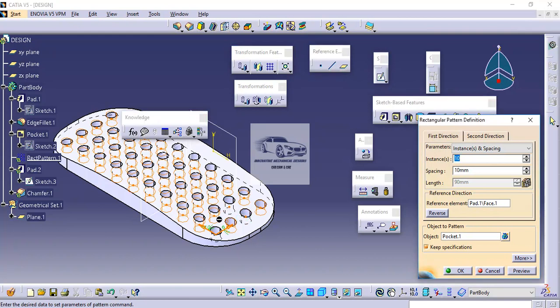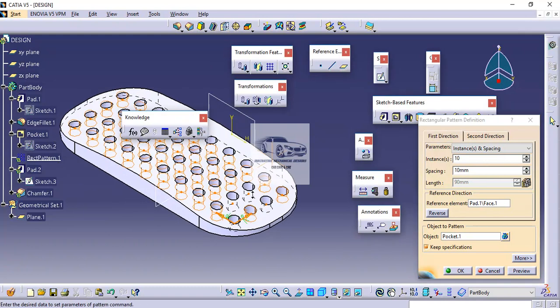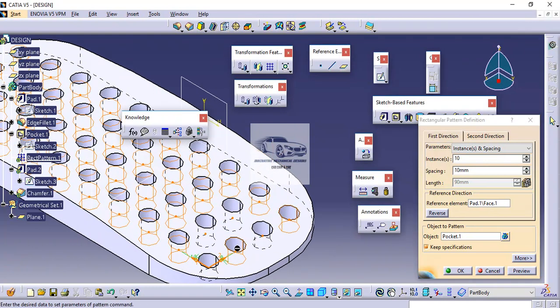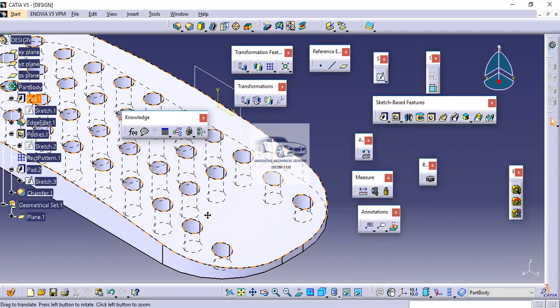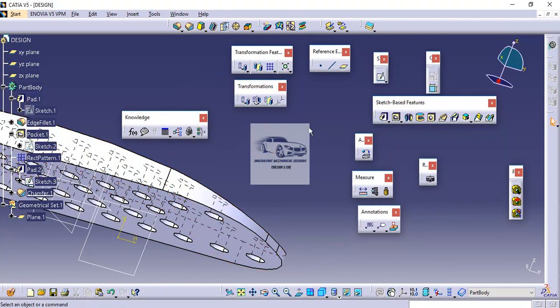So these dots are called regeneration dots. 1, 2, 3 and then 4. So I will just zoom in a little bit and then click here. So okay, now these holes are hidden from the final result.